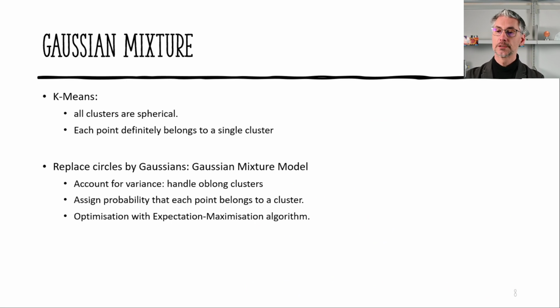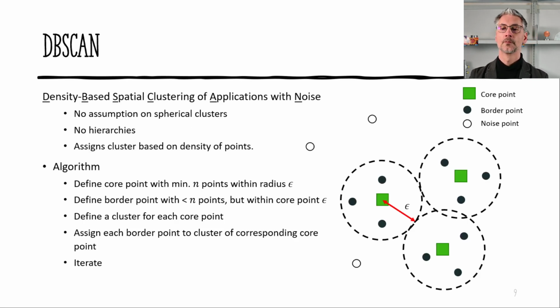A different approach is the Gaussian mixture model. Remember that in k-means we assume that all clusters are spherical, so that each point belongs to a single cluster. In the Gaussian mixture model, we replace the circles by Gaussians, and this accounts for some variance. Essentially, it allows us to handle oblong clusters, and we assign a probability that each point belongs to such a cluster, and the optimization is done with the so-called expectation maximization algorithm. A very powerful clustering algorithm is called DB-scan, which stands for Density-Based Spatial Clustering of Applications